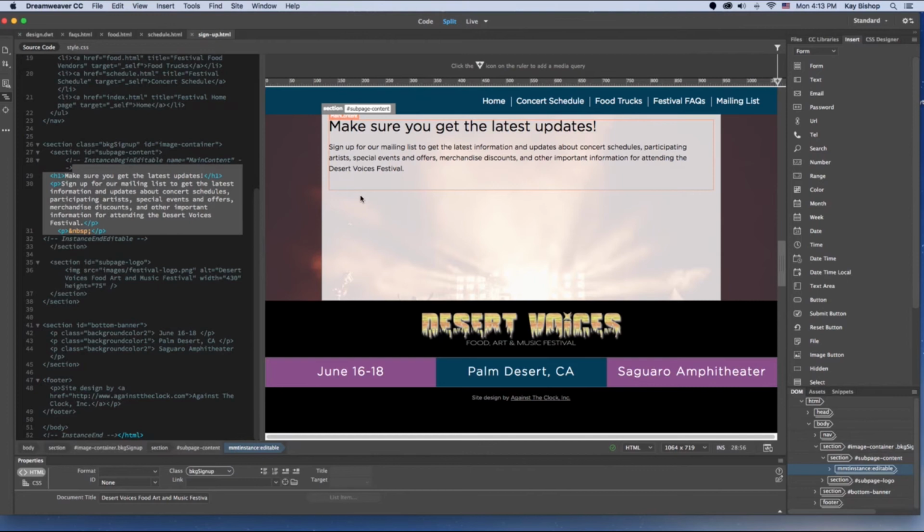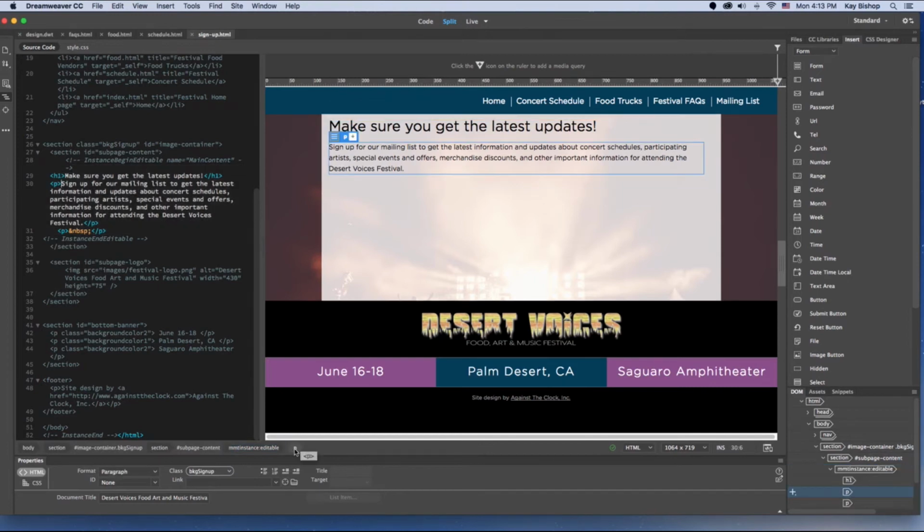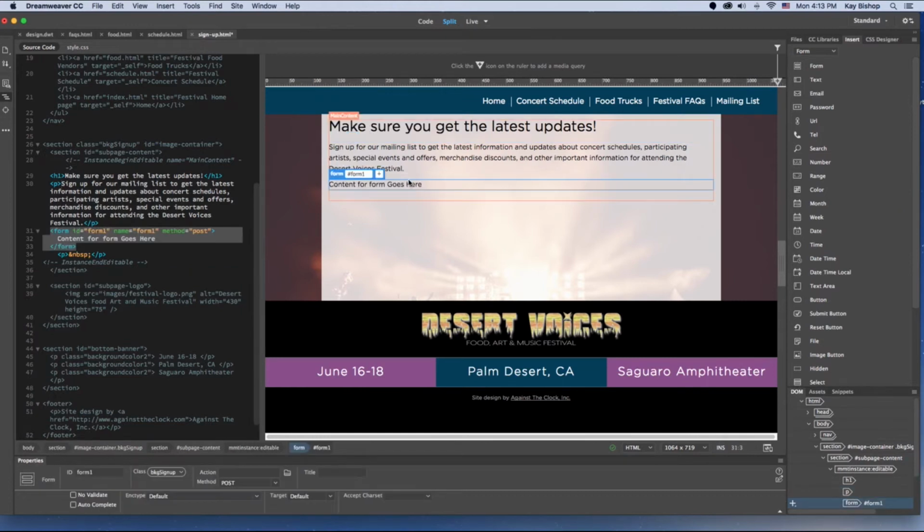We're going to select the paragraph element. I'm going to click on it using the tag selector to select the entire element, and then click on form, select the after position, and then in the properties panel I'm going to type register in the form ID. So this is going to be a form for registration, and then in the action I'm going to type in